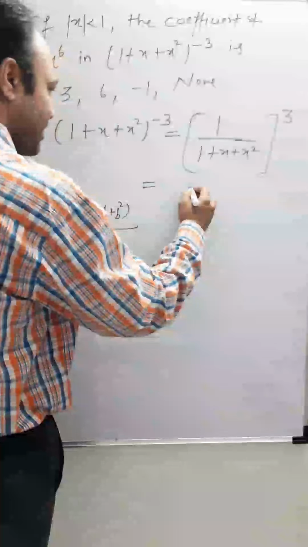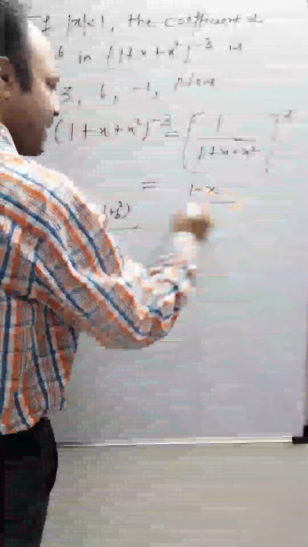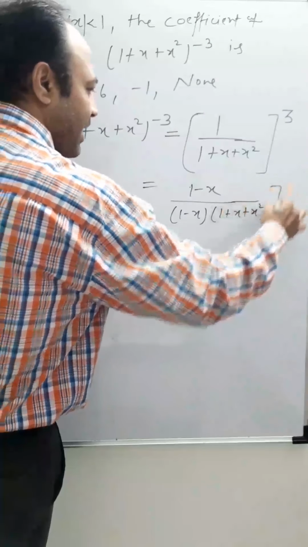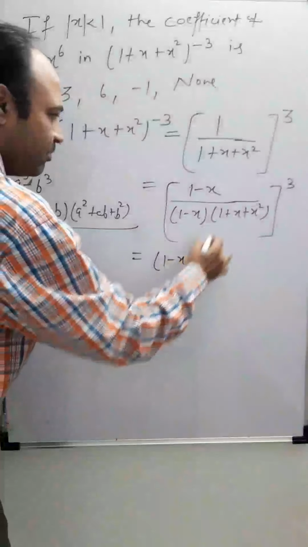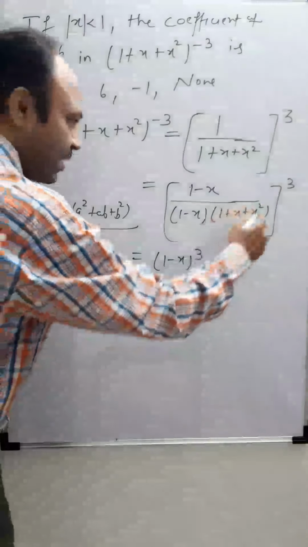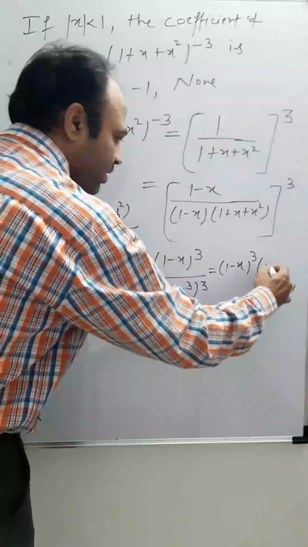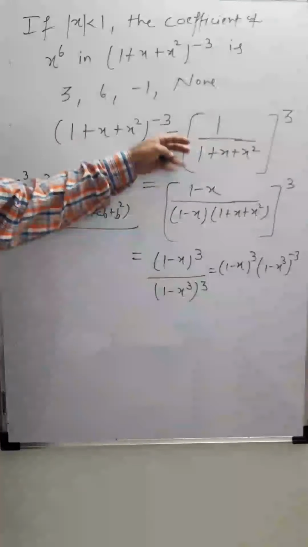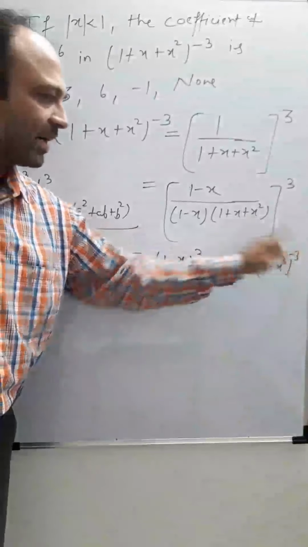So what I will do, here we have 1 plus x. We multiply with 1 minus x, and here also 1 minus x, to numerator and denominator. Okay? So now here it will be 1 minus x cube, and this is 1 minus x cube and whole to the power 3. This you can further write as 1 minus x whole cube times 1 minus x cube to the power minus 3. Correct? So this term we simplified and we reached here two binomials: 1 minus x to the power 3 and 1 minus x cube to the power minus 3.